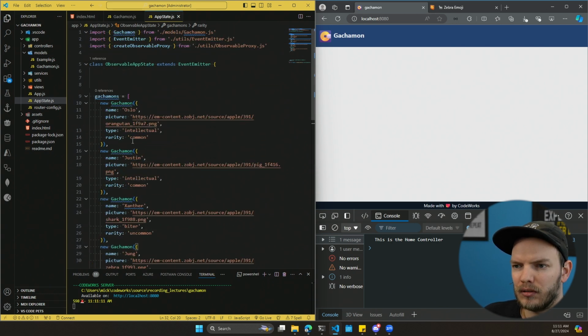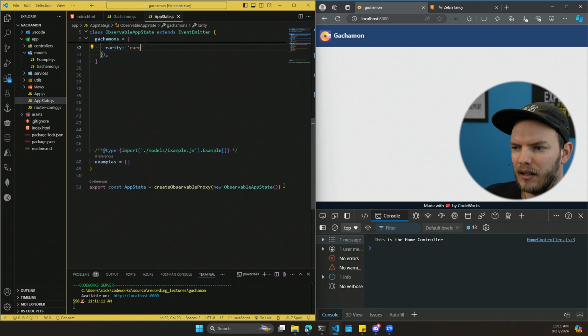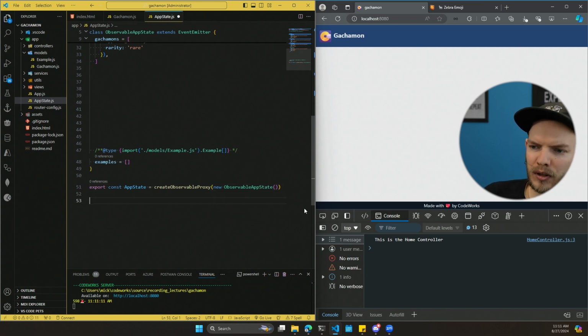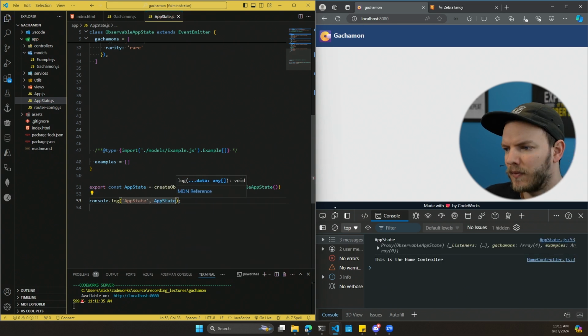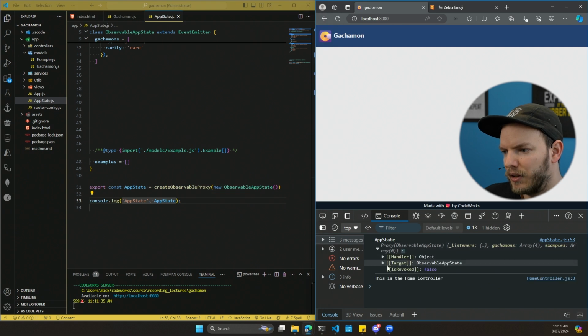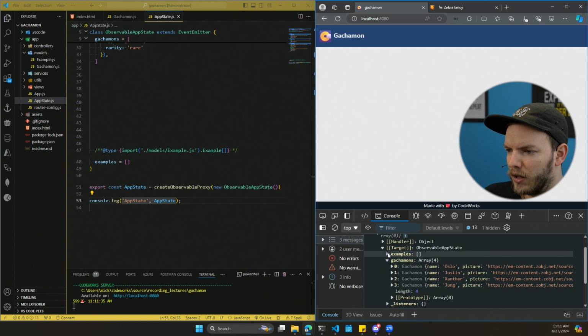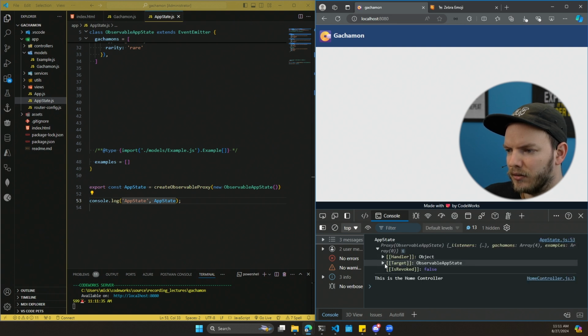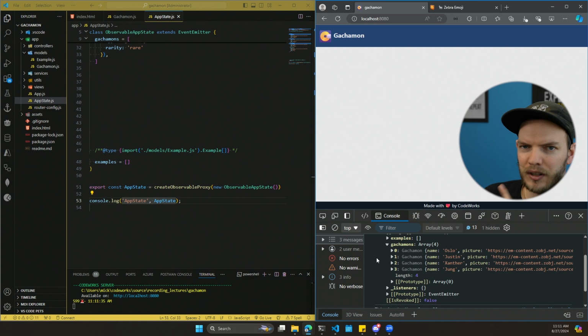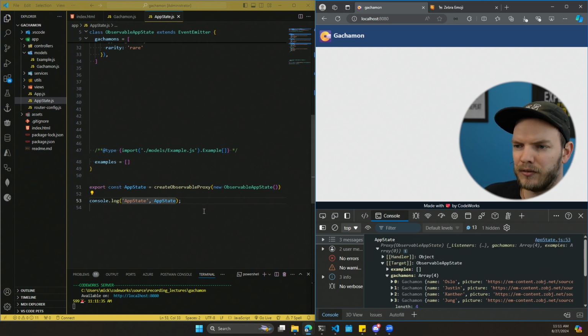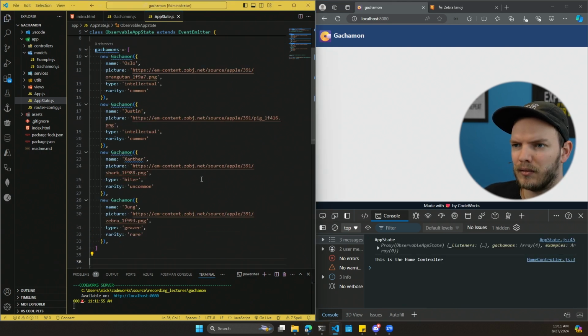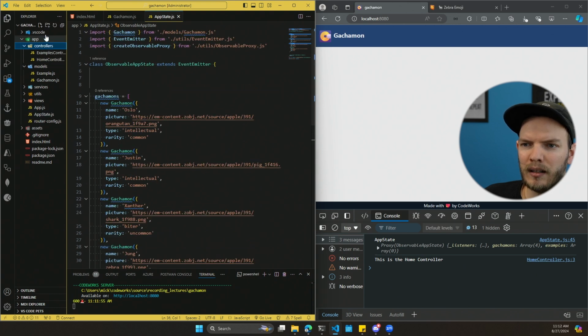Something I can do if I want to ever view my app state, down here under this export const app state, you can actually log app state. And then when your page loads, you'll get to see that item open up, right? And we can see that we have our 4 gotchamon inside of it. You have to click in a few times. Again, it's the different layers wrapped around some of this stuff. But yeah, start with our 4, and then why don't we go ahead and create our gotchamon controller